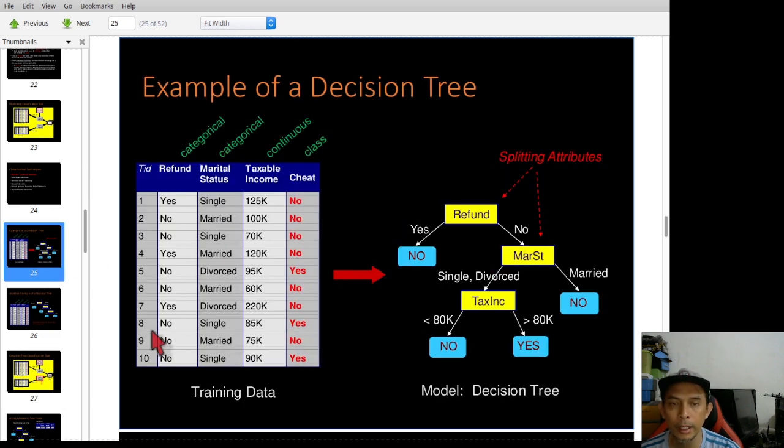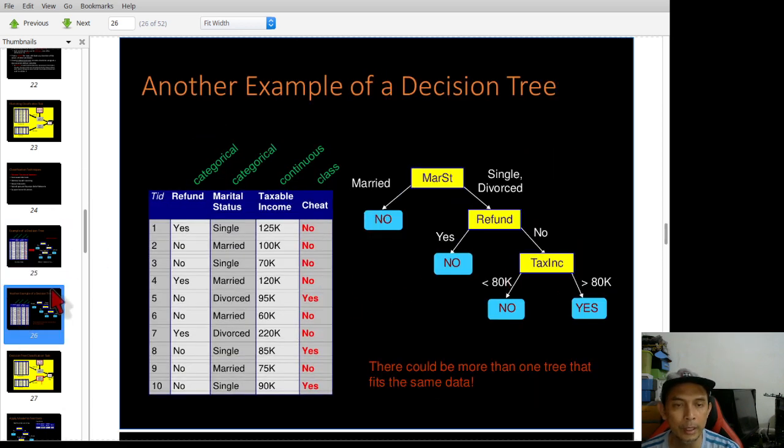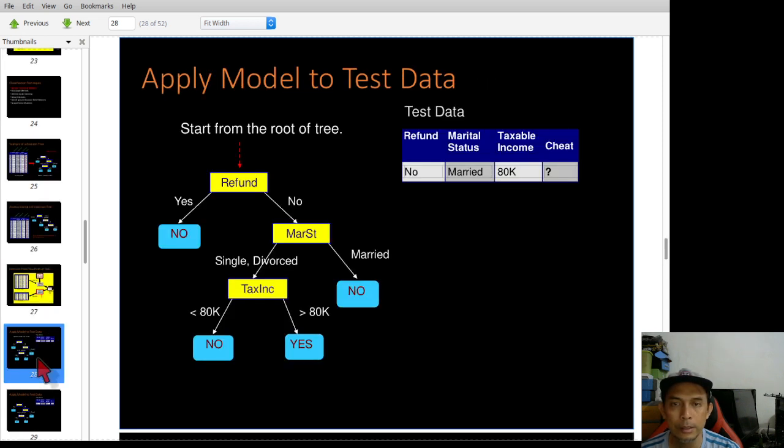So we have model A and we have model B. Now let's see if we choose model A. Model A said no, so that means you go to the right side. And marriage status says it is married, so married it is, go to the right. So the answer should be what? Should be no, right?